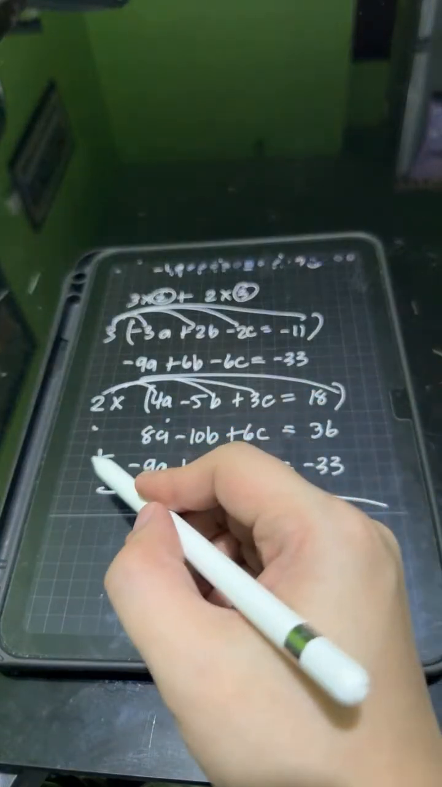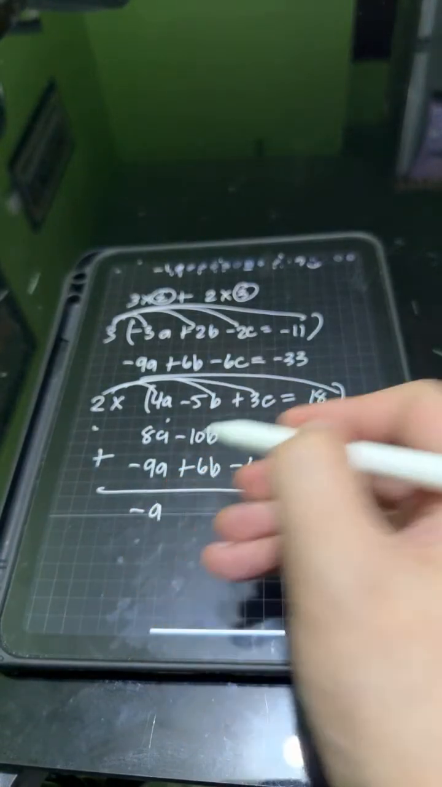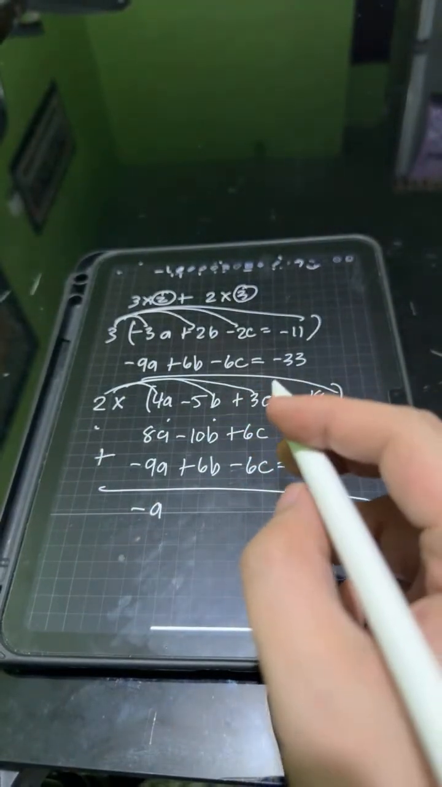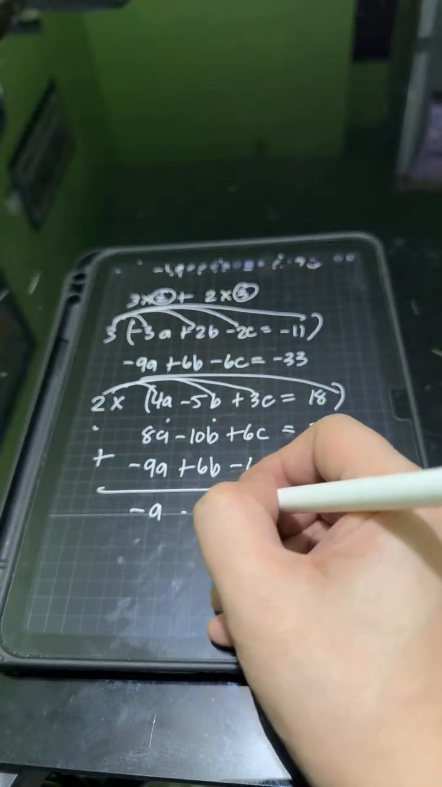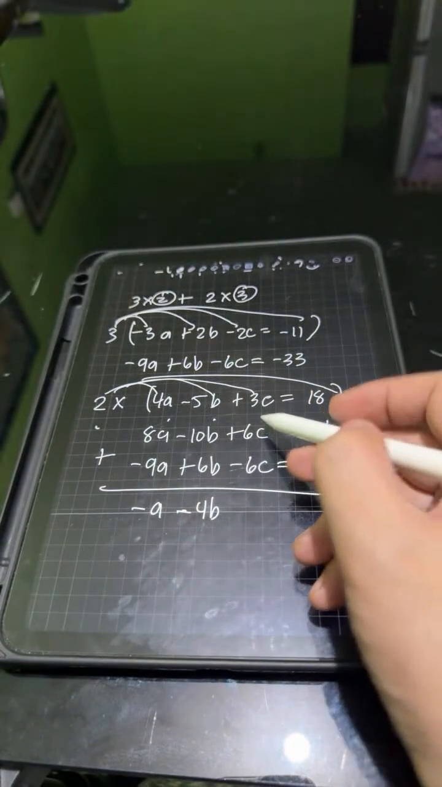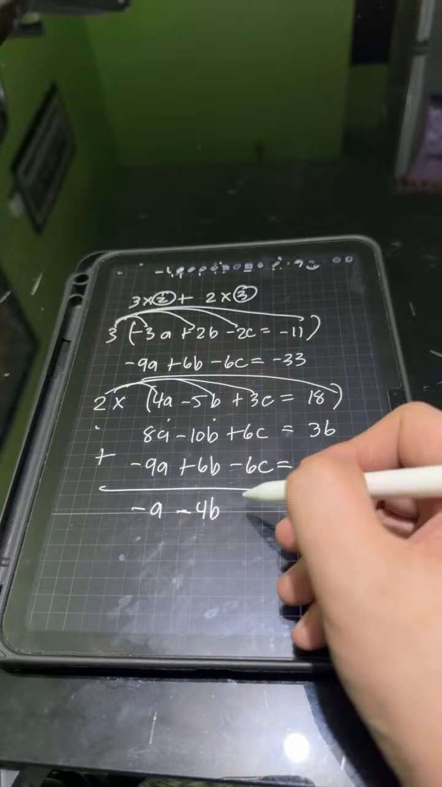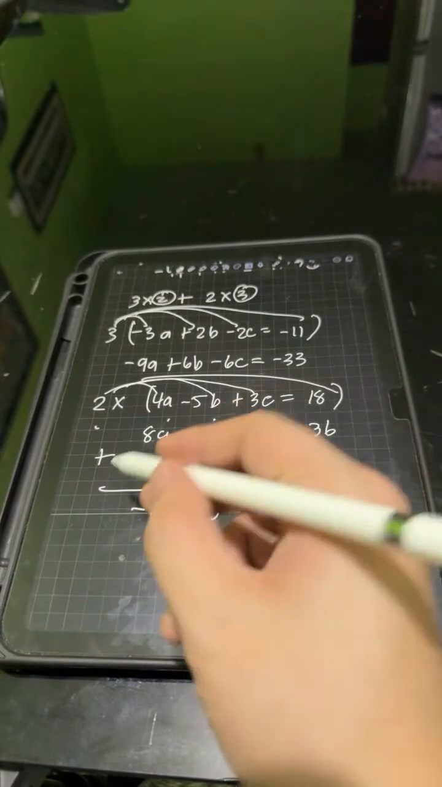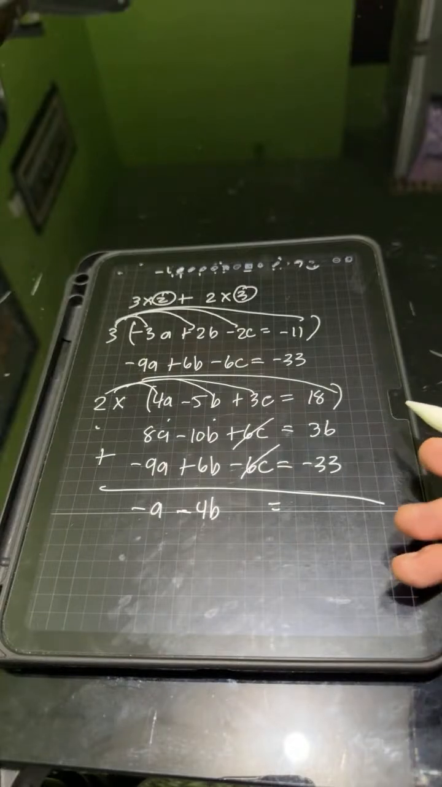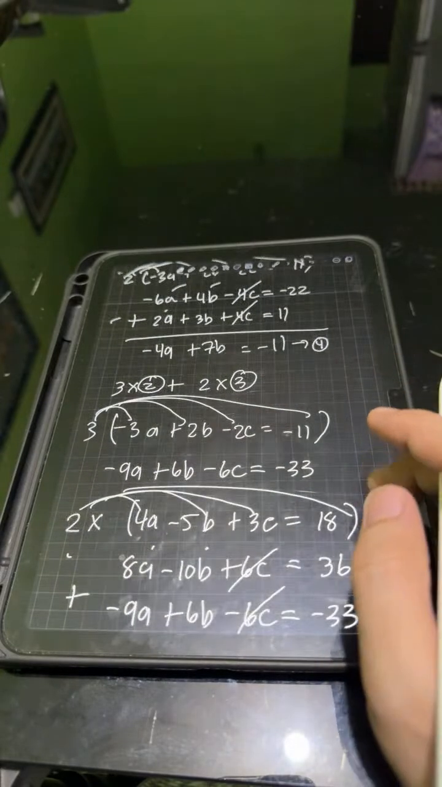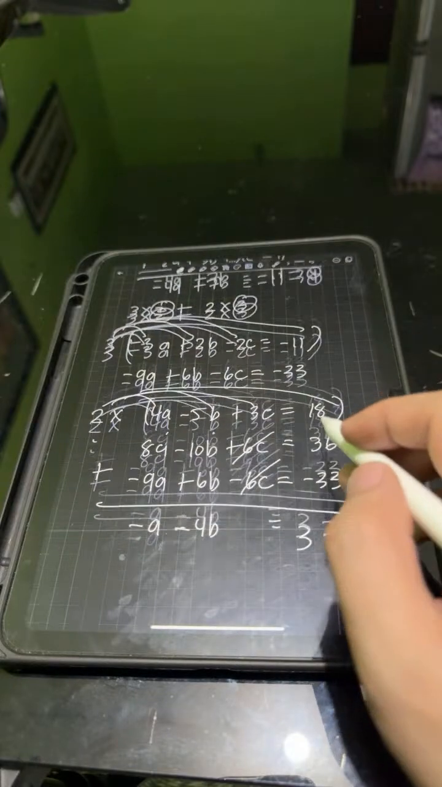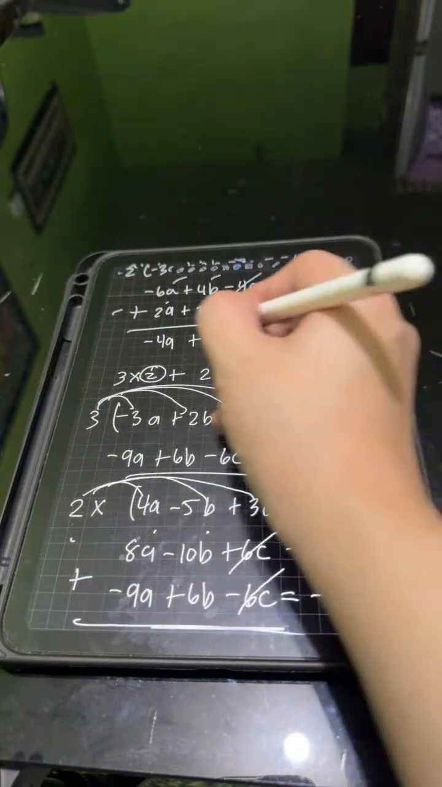So 8a plus negative 9a, that's negative 1a or negative a. Negative 10b plus 6b, negative 4b. And 6c plus negative 6c, 0. Cancel out. Then 36 plus negative 33, positive 3. Okay, so let's name this equation 5. So using equation 4, this one,